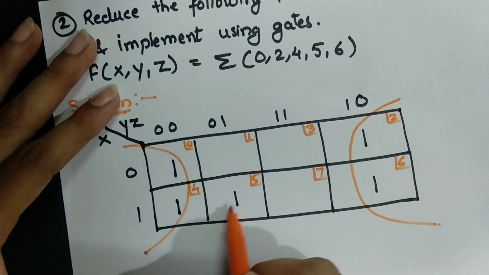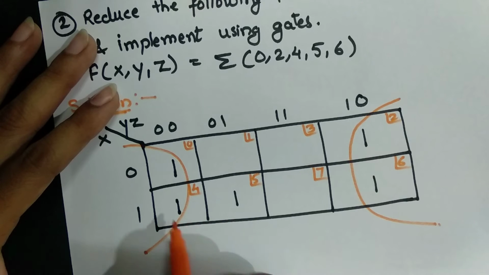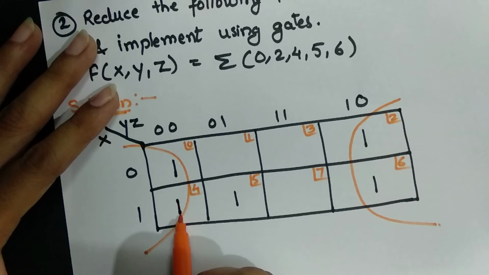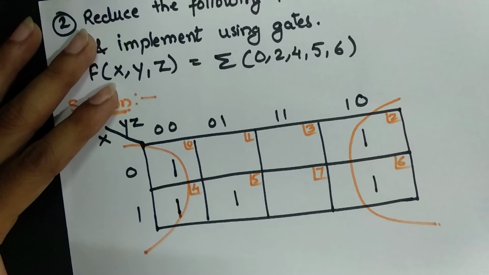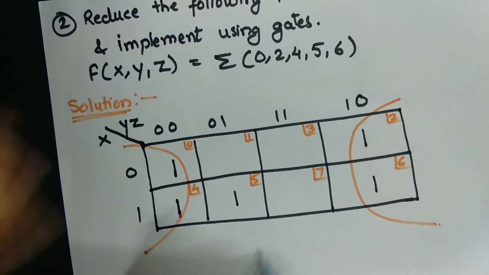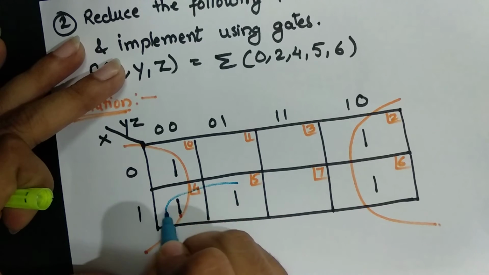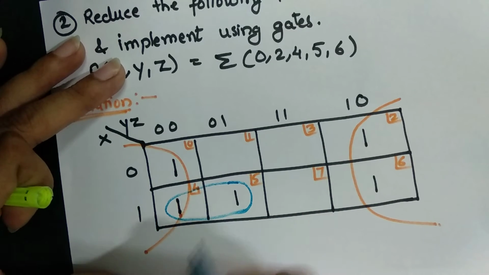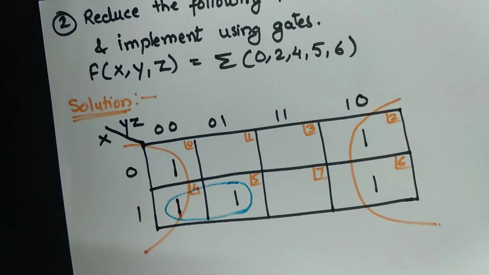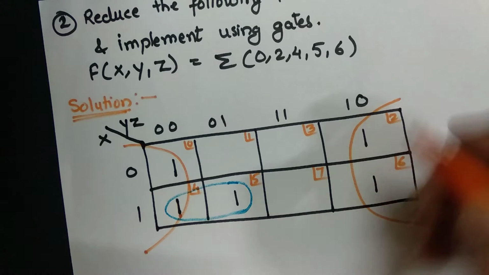So left is only this single one. Okay, this can be paired with the number which is available over here. So your second term will be this grouping. Okay, now you have to give the name of this group of 4.